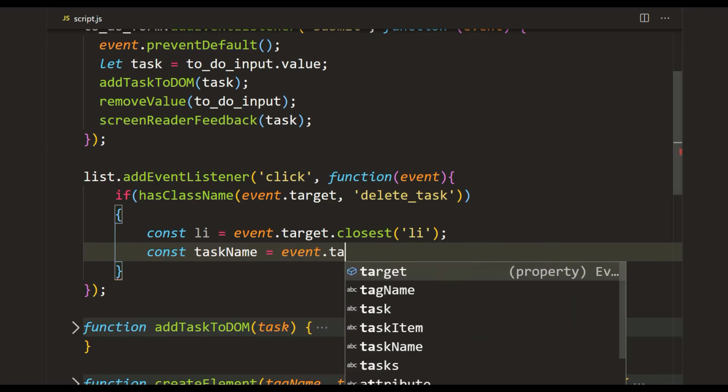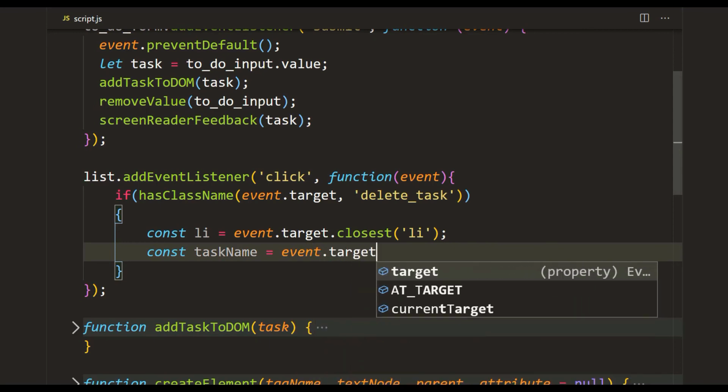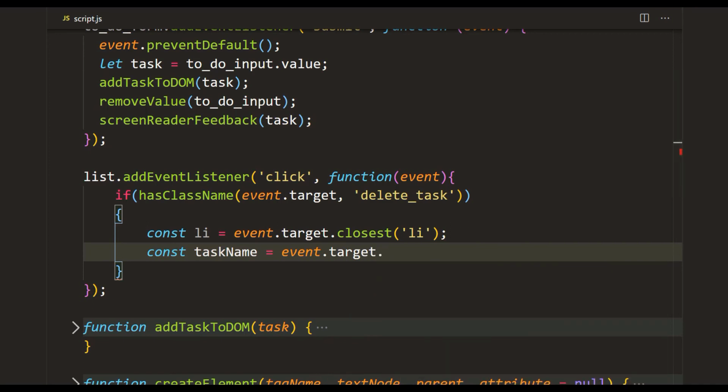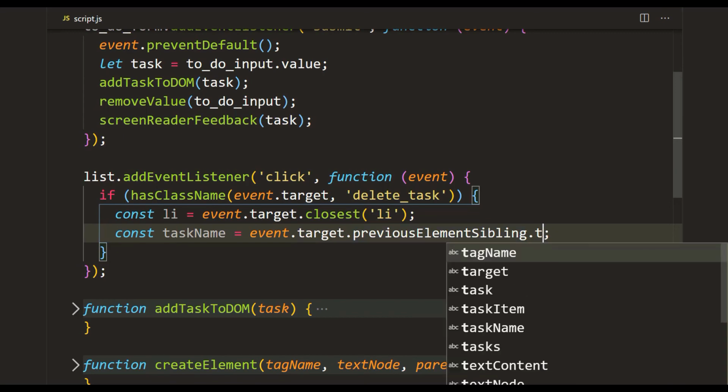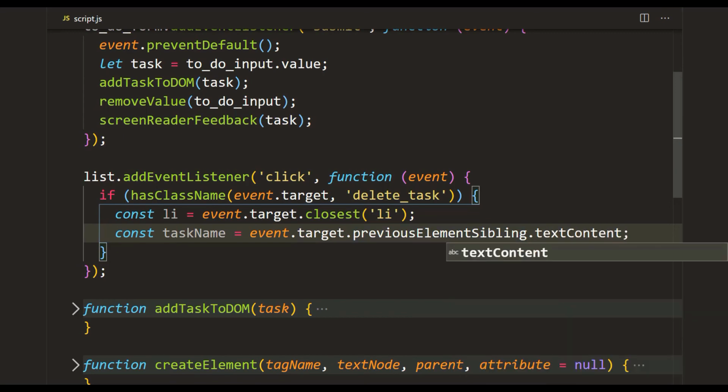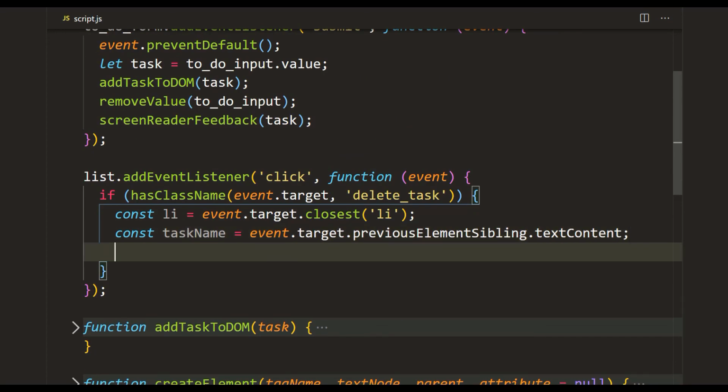This is important because we want to get the text of our task name, like wash dishes, feed dragons, whatever. So now here we're going to find previousElementSibling. So this is going to be the task name. And actually, this is the element, and we need the text content. So we're going to say textContent. Okay. Afterwards, now that we have these things, let's test them out to see if they work.